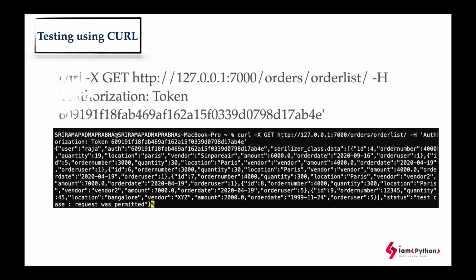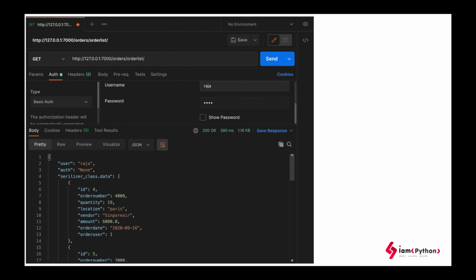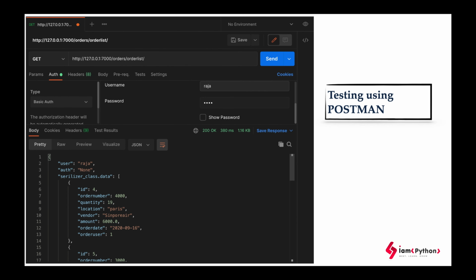This is an example. And also we can test this with Postman, the Postman software or product. So you can see here, when you are going to query the order list, if I want to fetch the orders, I need to provide the username and password here. So now you got all the user details like this.